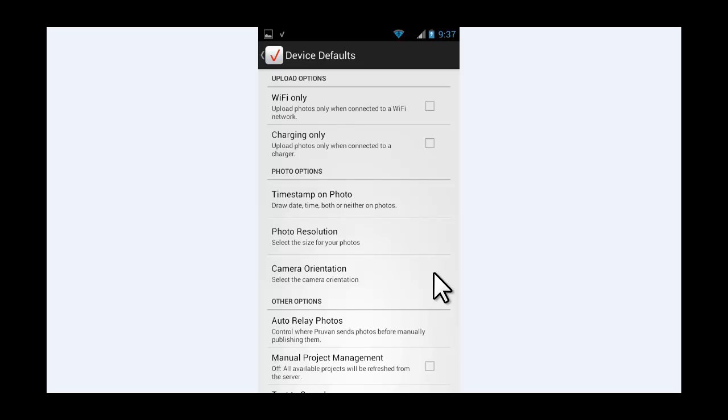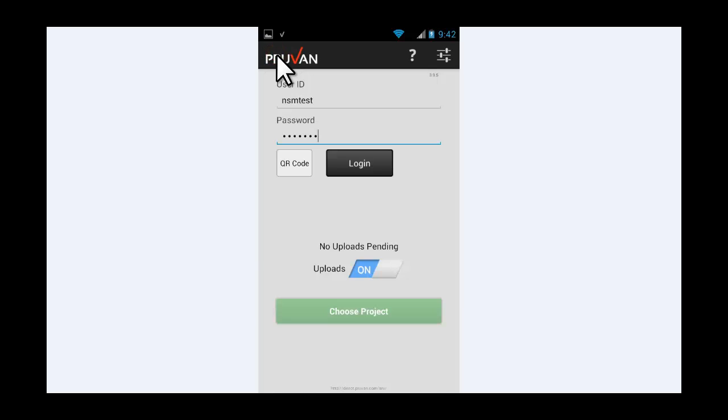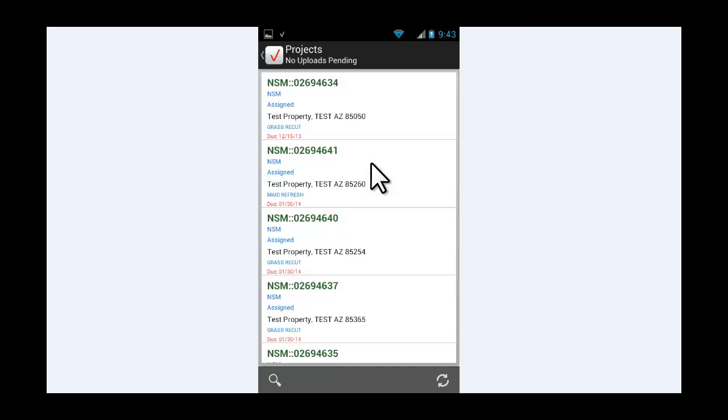Now you can do one of two things to go back to the login screen. You can either hit the back button on your phone, or you can also hit this button up here in the upper right hand corner. Now you're back at the login screen. It's still saved your user ID and password. You click the login button once, and now you're actually in the Pruvan application